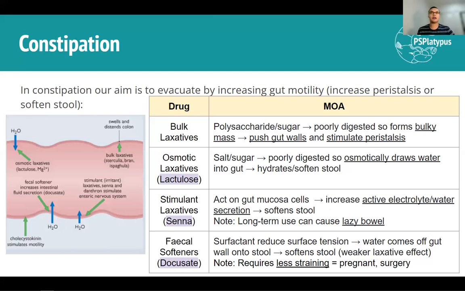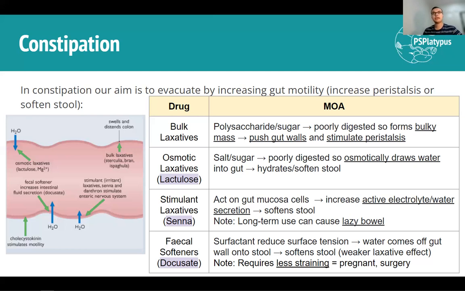Osmotic laxatives, however, are things like lactulose, and these are salts and sugars that are poorly absorbed from your gut into the body. Instead, they stick around in your gut, and because the concentration of these substances is so high within your gut, it osmotically draws out water from a lower concentration of solute to a higher concentration of solute in your gut. And in doing so, it draws water into the gut and softens and hydrates the stool,